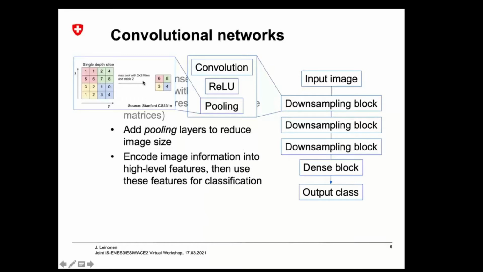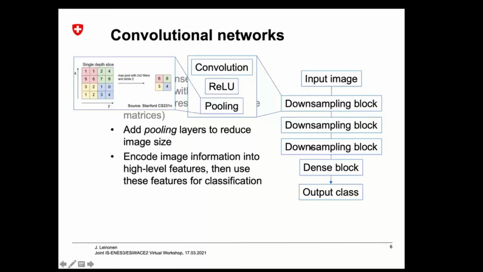So here, for example, we are taking a max pooling with 2x2 regions. So we are dividing this image into blocks of 2x2 pixels, and then we're taking the maximum of each block and then assigning that to the output image, and that way the size of the image is reduced by half. So for example, we could start here with an input image of 32x32 pixels, and then we go down to 16x16,